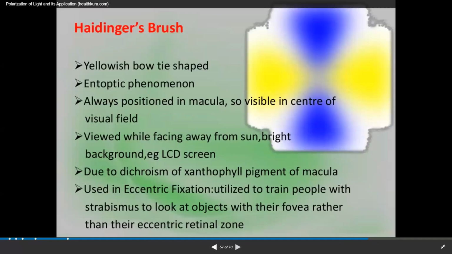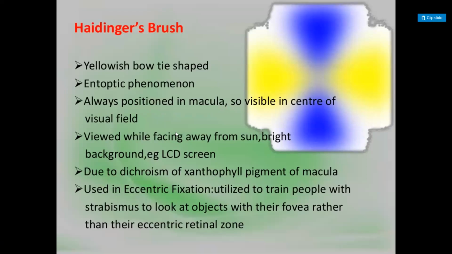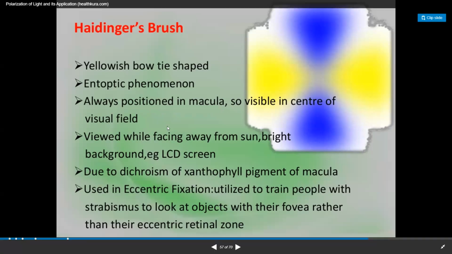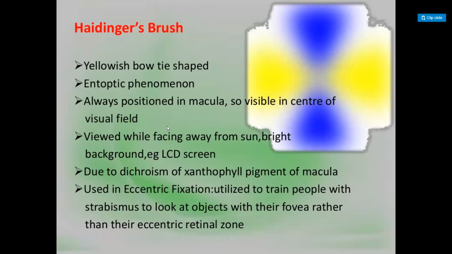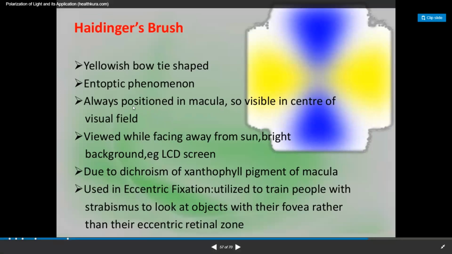And other applications of polarization. Entoptic phenomena means some people cannot observe blue color. This is a problem due to fluctuation in their blood pressure. This phenomenon is reduced by using spectacles made with polarized material.